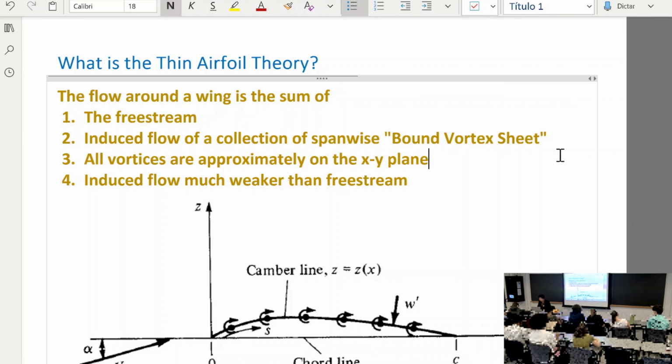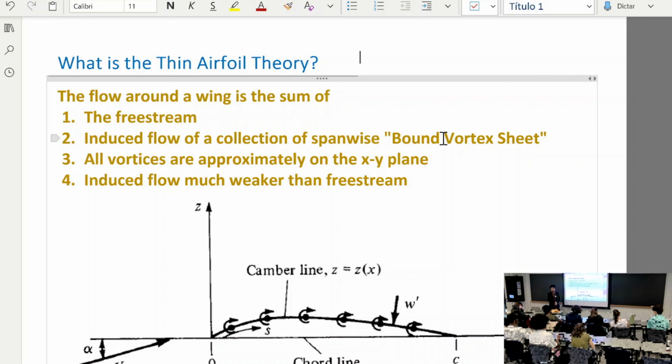Okay. So the assumptions of thin airfoil theory are the following: the flow around the wing is the sum of the free stream, well, that's the same for the lifting line theory and everything else, and the induced flow of a collection of spanwise bound vortex sheets. So this is very similar to the lifting line theory, except that in the lifting line theory, there is only 1 bound vortex, right, through the quarter chord. Now we have infinitely many vortices